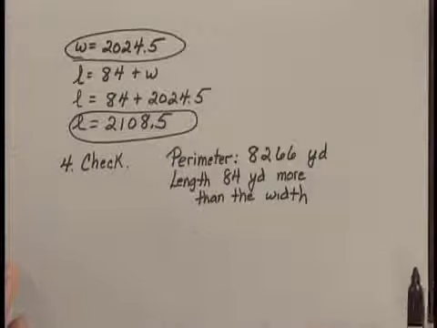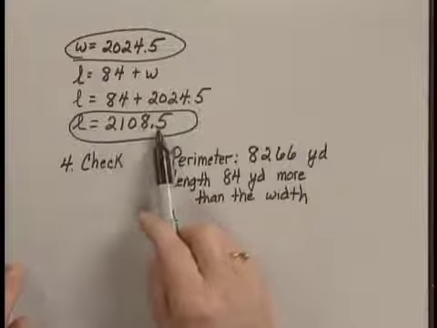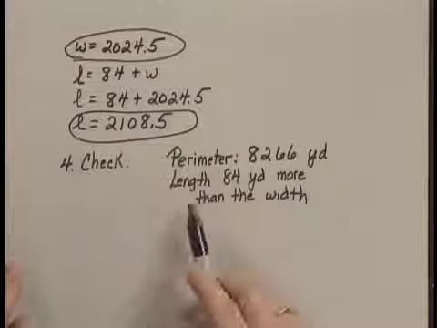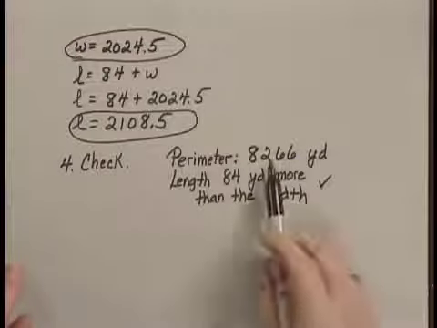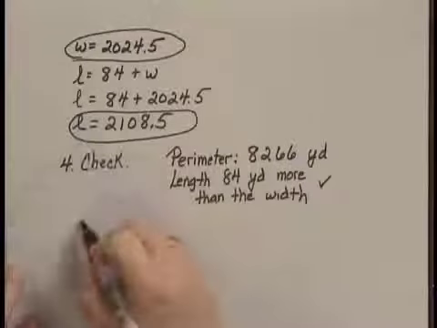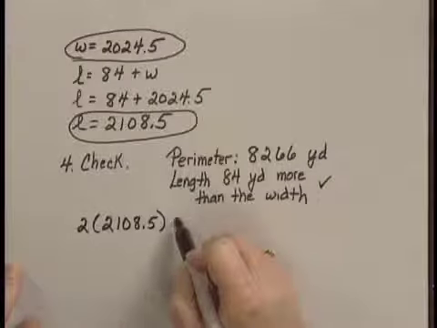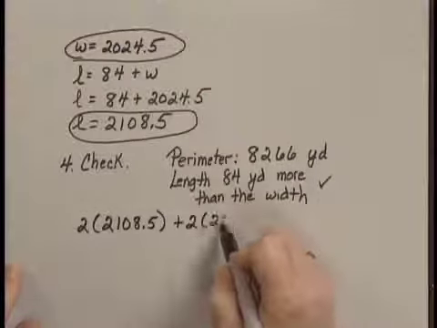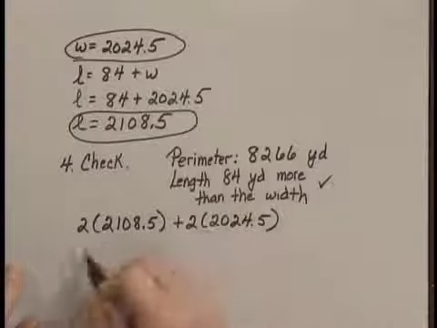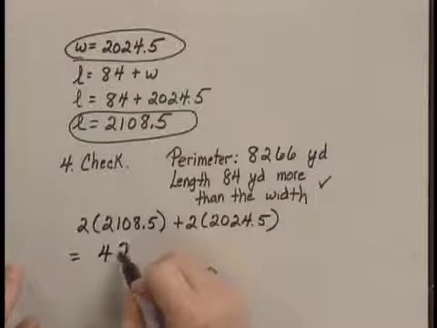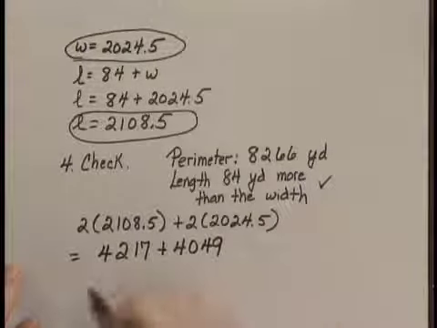the problem. So first of all, we would check if you would subtract 2,108.5 minus 2,024.5, you would find that the length is 84 yards more than the width. So that checks. For the perimeter, we would need to find 2 times the length, or 2 times 2,108.5, plus 2 times the width, or 2 times 2,024.5. And multiplying these out, we get 4,217 plus